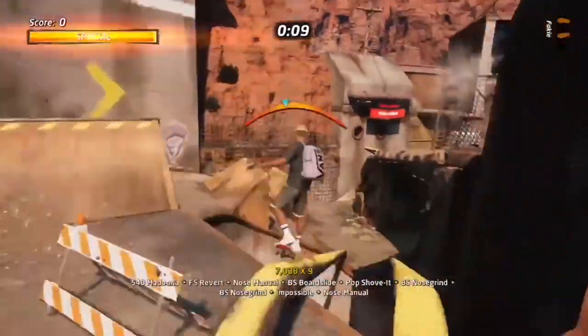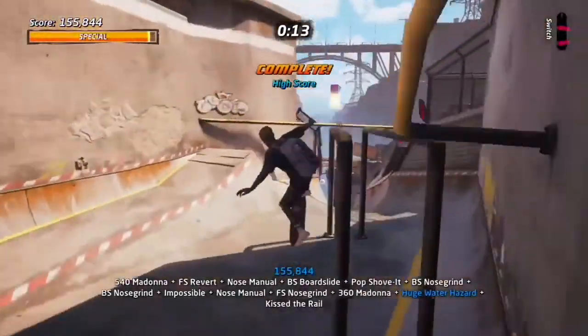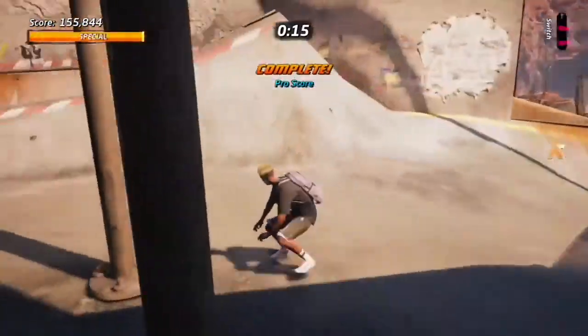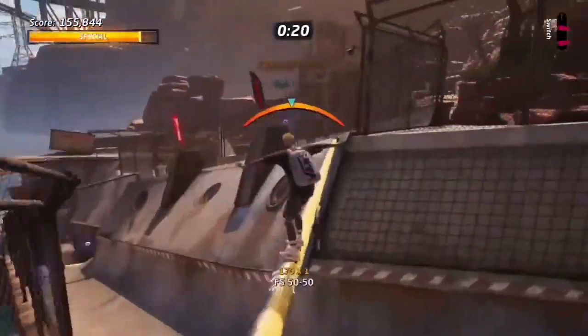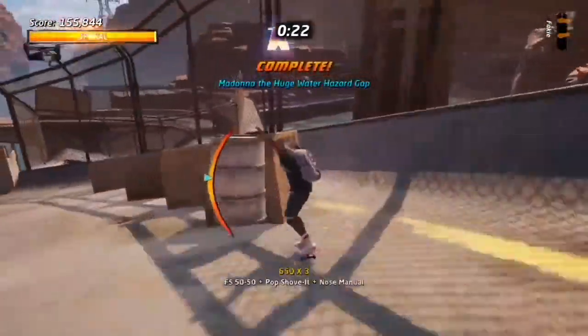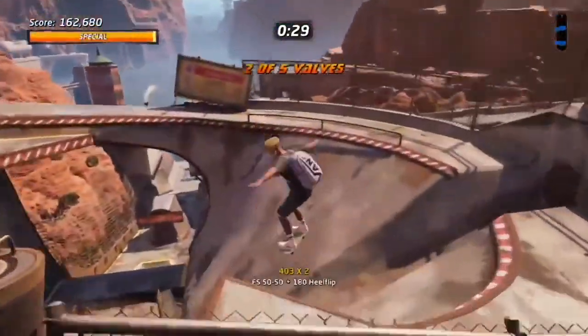Some small improvements including Airwalk in the Hydro Gap. But check out my archives, there's loads of videos on how to Madonna grab the huge hazard water gap and land it every single time. There are massive improvements to be made to people's speedruns just in terms of consistency. And I've got a video up showing multiple ways on how to hit the secret tape, so check that out